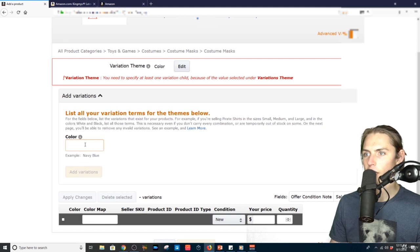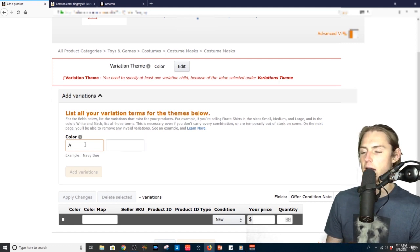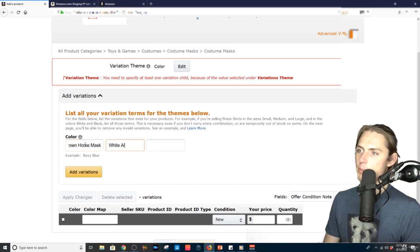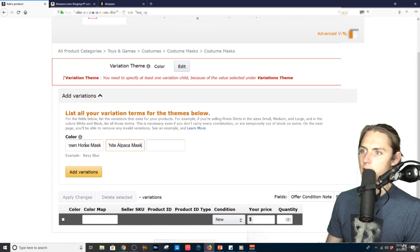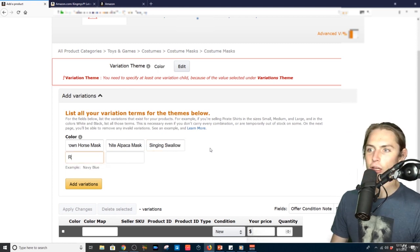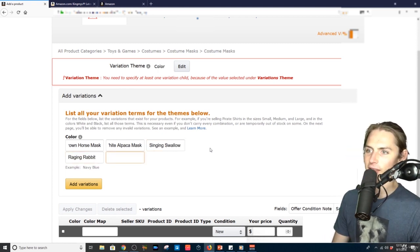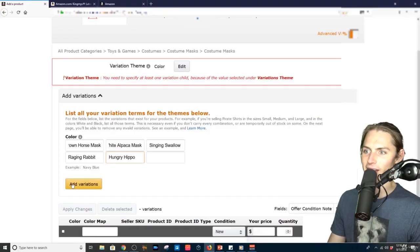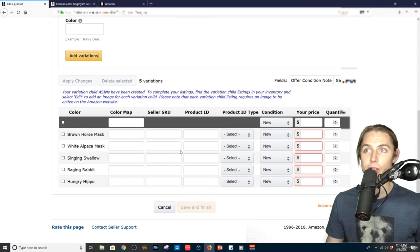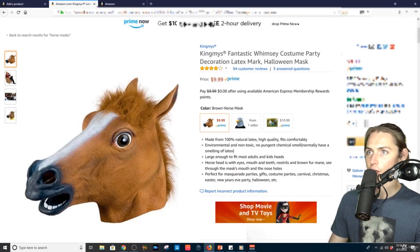Okay, so color, I would call this one the brown horse mask, the white alpaca mask, and then we could call this the singing swallow, the raging rabbit, and the hungry hippo. Okay, so you'll add the variations there, and then now you're going to need a unique UPC for each one. And what you would do is you would go to